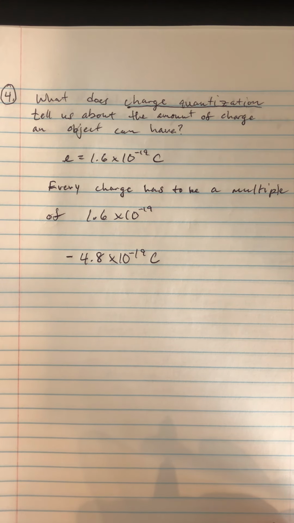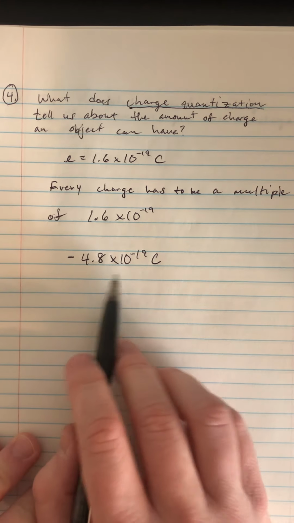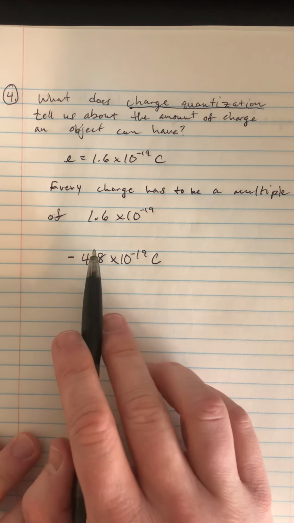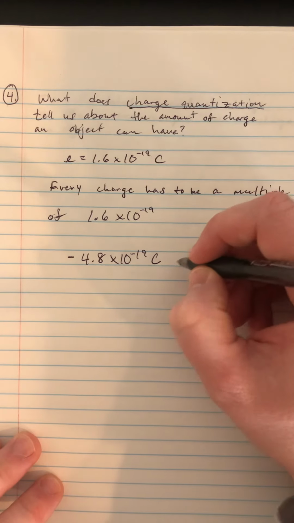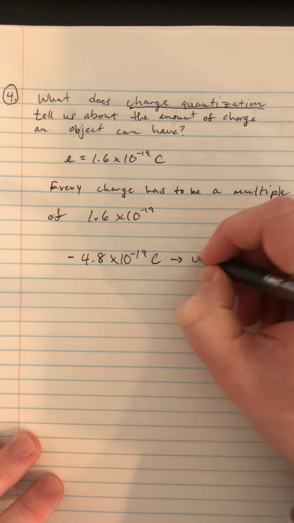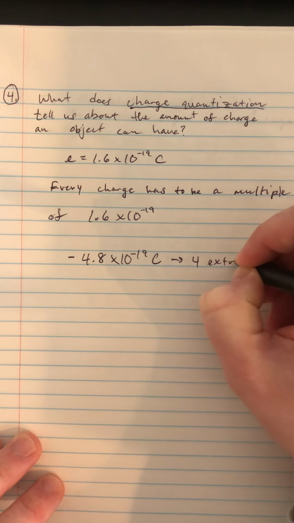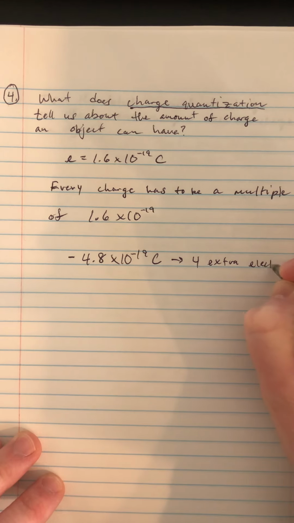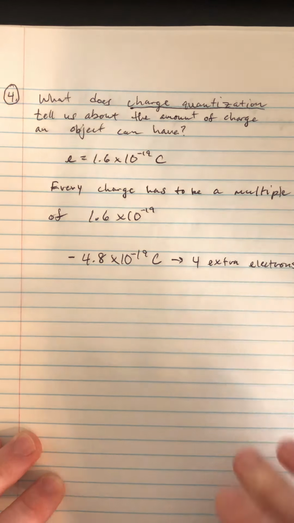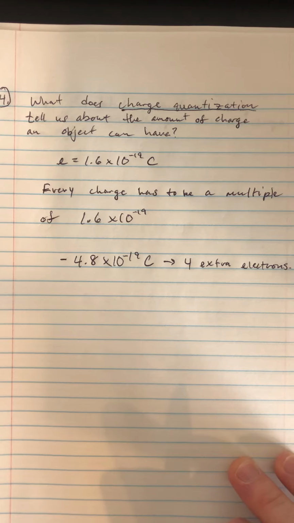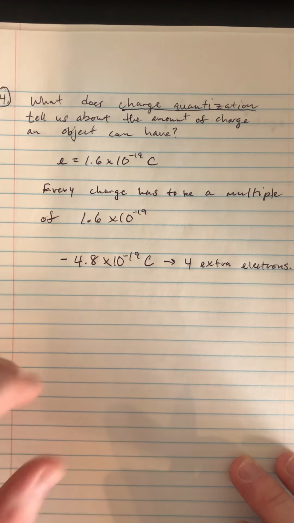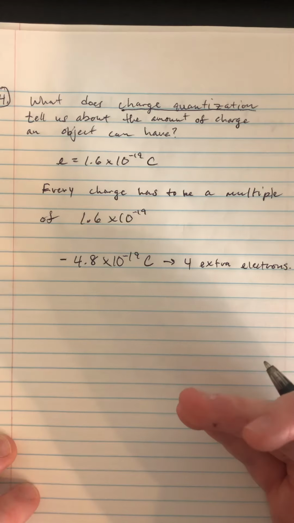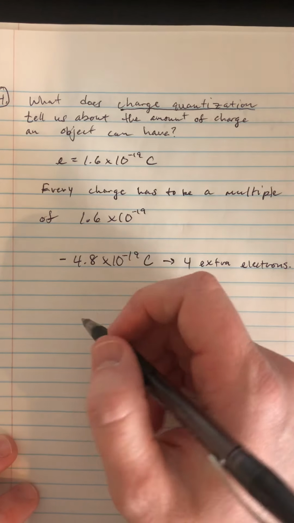That's fine, because 4.8 times 10 to the negative 19th, right? 1.6 goes into 4.8 4 times. So this means the object has 4 extra electrons, right? And we can have 4 extra electrons, that's fine, because 4.8 is a multiple of 1.6, right, times 10 to the negative 19th. Now, what can't we have, right? We can't have something like